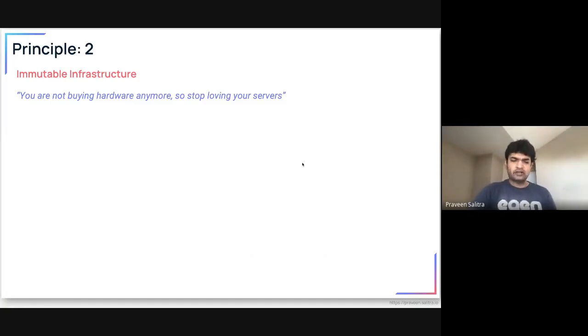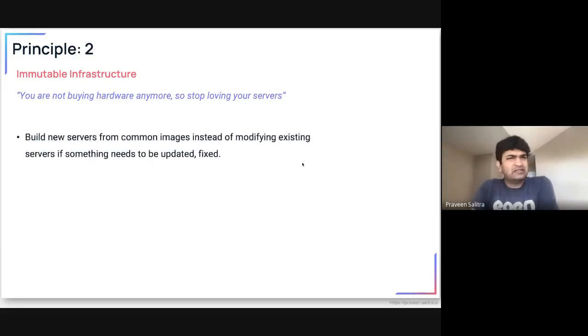If you have ever created an instance on any of the cloud providers, it's just a line item on your billing. And then it's just providing some ephemeral CPU and memory to you, right? You can always kill it and bring a new one. You don't have to stick to that server forever. So that's the whole idea of immutable infrastructure. It does not work on on-prem concepts. It only works when you are working with a cloud provider.